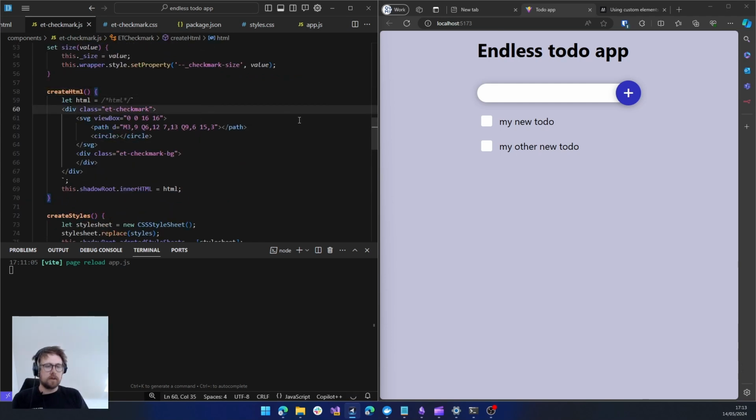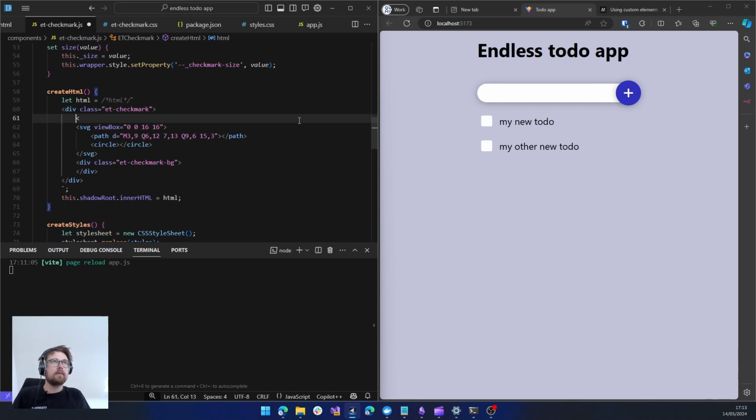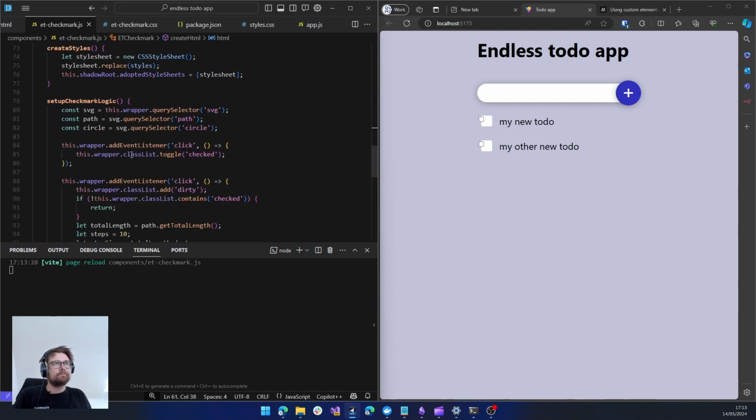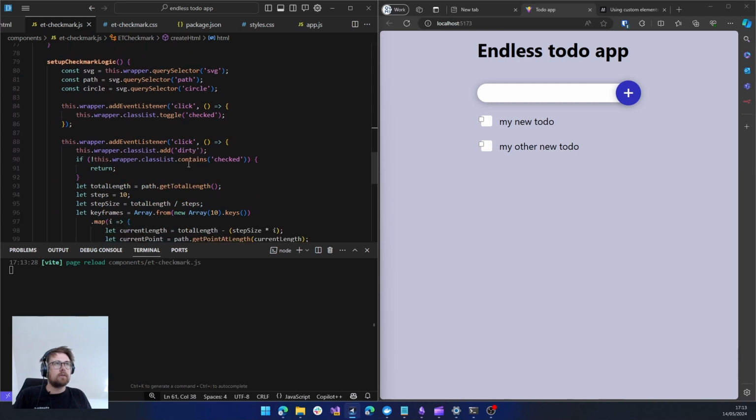So what we will do here is we'll just simply add an input of type checkbox, and we'll make it hidden. Actually, we'll not make it hidden for now. We'll make it hidden afterwards so we can see for now what we are doing. So we have our checkbox, and the thing we want is when our checkmark is clicked,